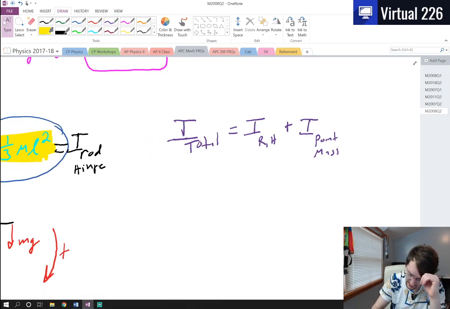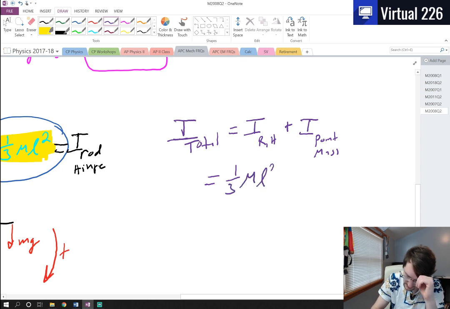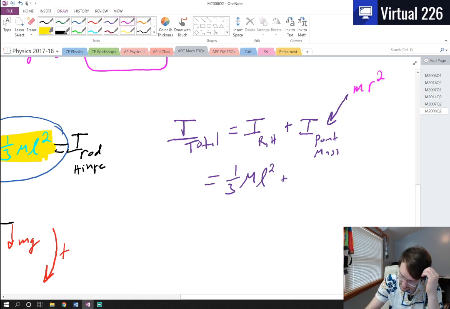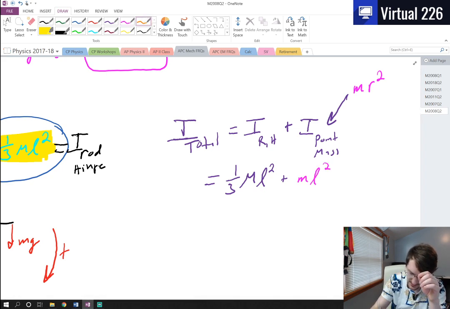So the total moment of inertia is going to be the 1/3 rod mass L squared plus the moment of inertia of the point mass we're adding on, which is just mr squared. So this is going to be the small mass times the length of the rod squared, because that's where it's at. And if we do this, we're going to get